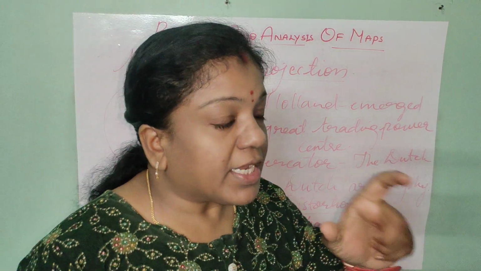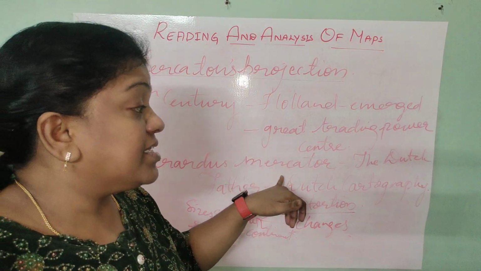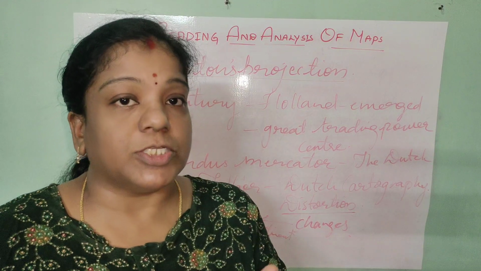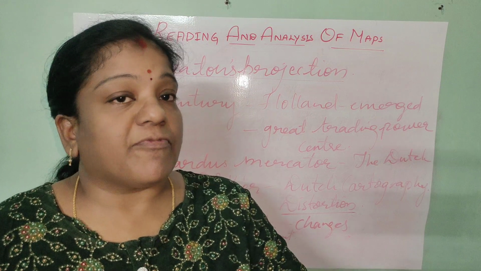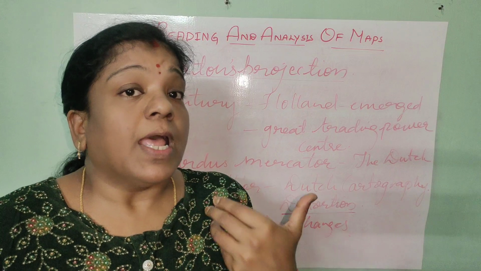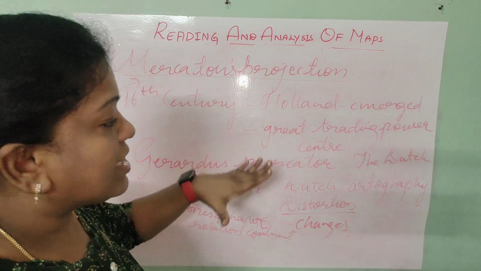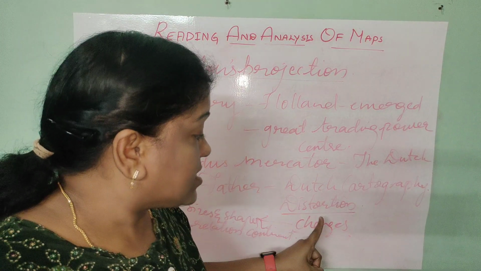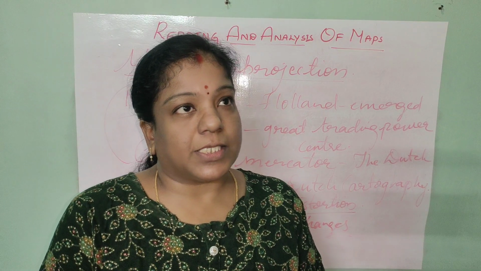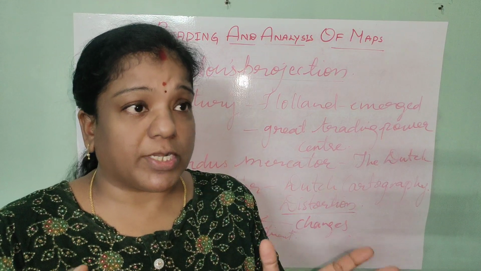Children, today if we are looking into the world map, we can consider that because of Gerardus Mercator's projection, who is considered the father of Dutch cartography, we are enjoying world cartography execution and we are able to read it, and today we have clarity regarding the world map projection. So we are really thankful to him, and this distortion, the concept he thought of, changing the sizes and shapes, is really good.